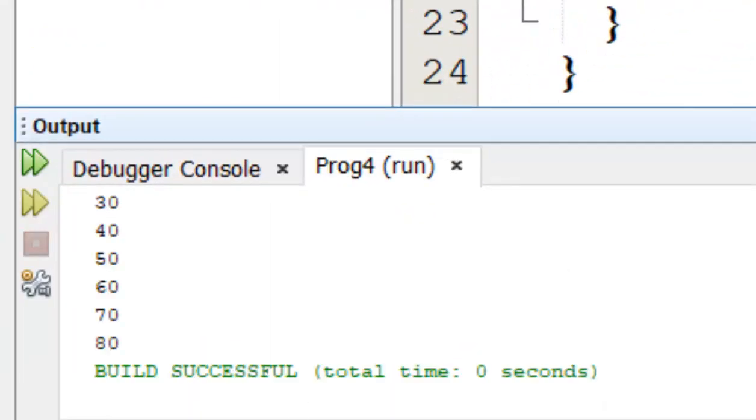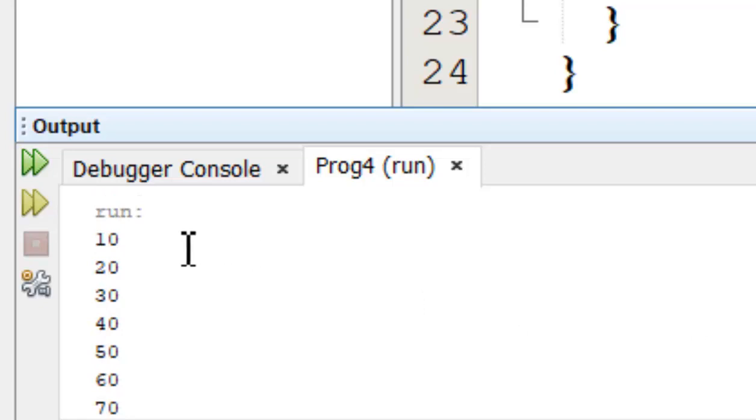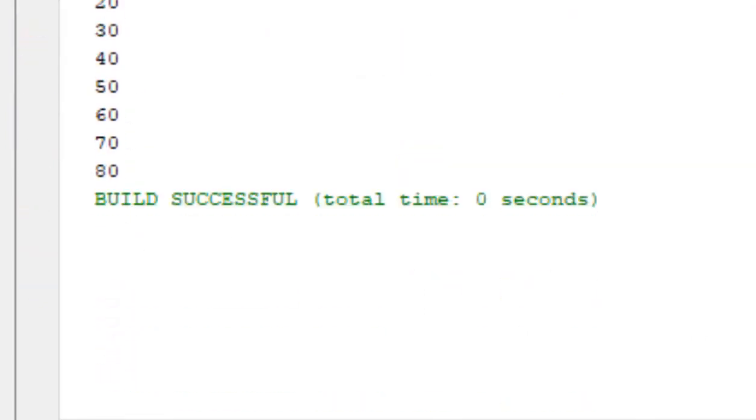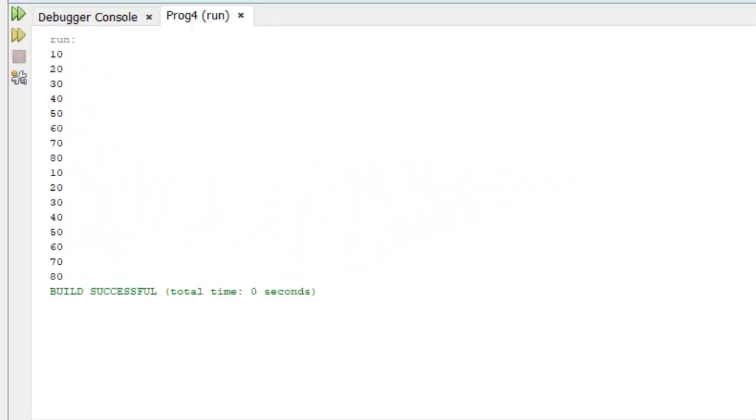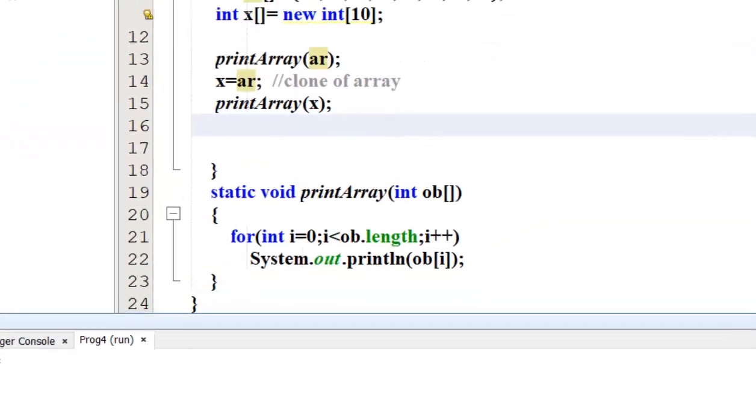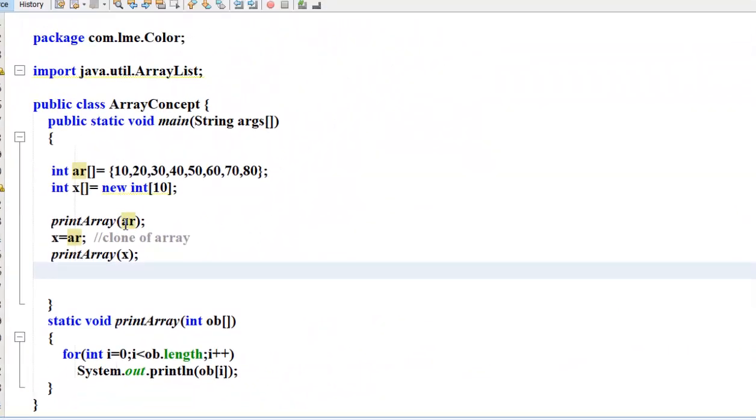Yes, we are getting the same result: 10, 20, 30, 40, 50, 60, and again 10, 20, 30, 40, 80. So here we have learned the concept of how an array can be passed as a parameter to a method. I hope you are all able to get this concept.